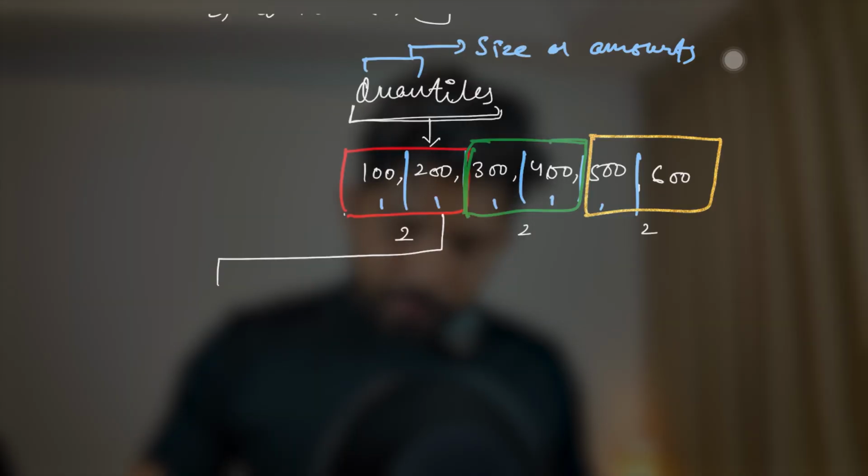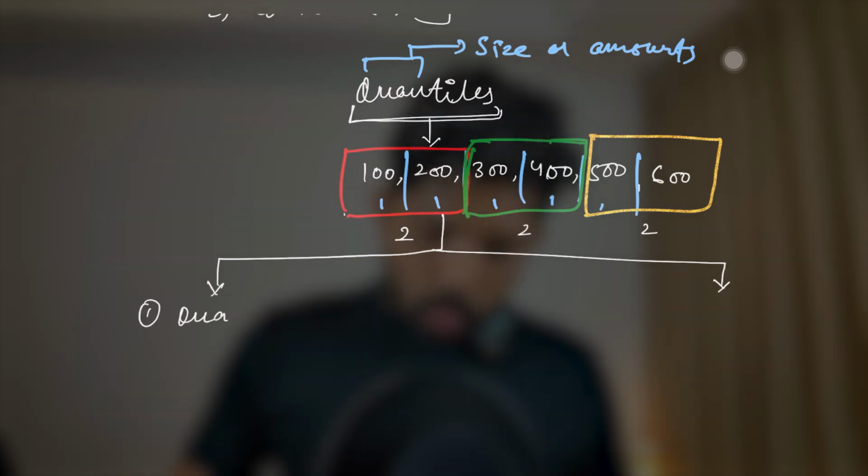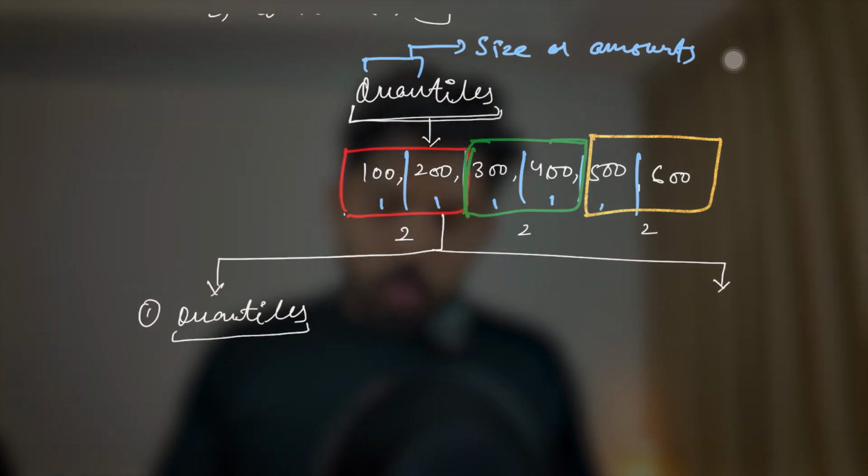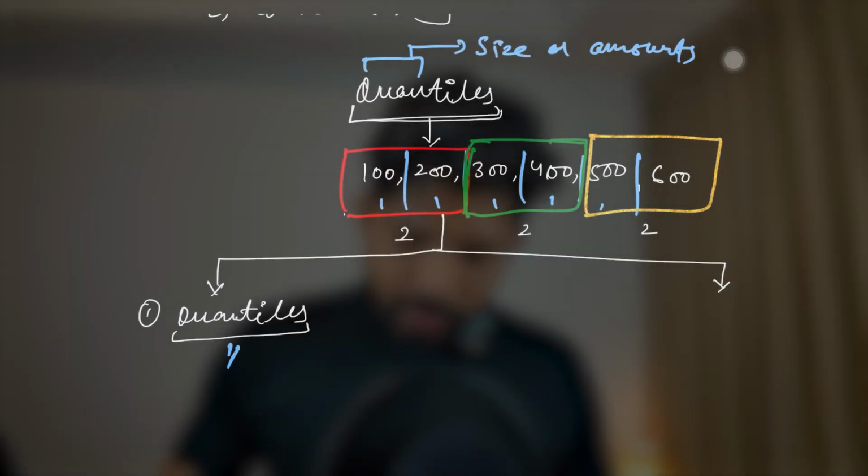The first way is quartiles. Don't get confused by these words. This is quantile, this is quartile, R, this is N, right? And definitely you know the meaning of quarter. The meaning of quarter is 1/4, right? So I can write here 1/4 means we divide any data set into 4 equal parts.